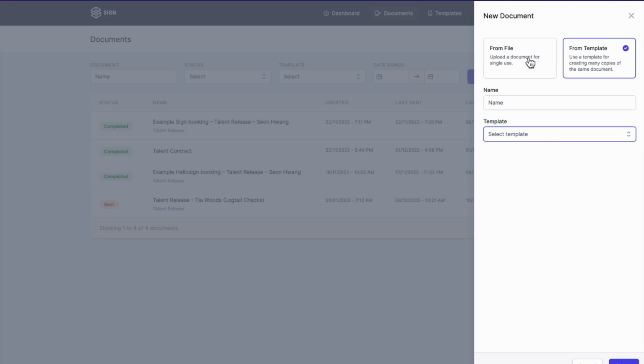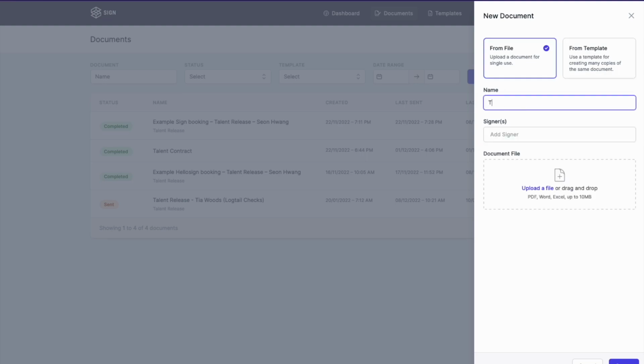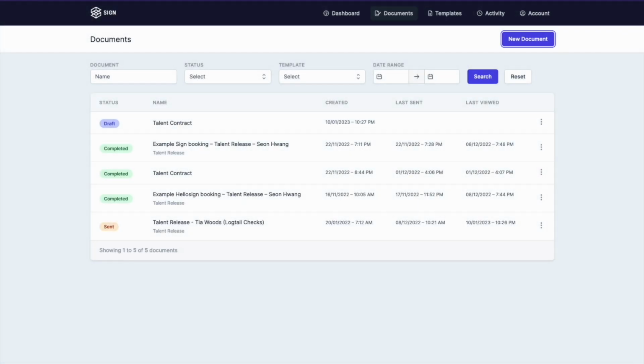Give your document a name, such as Talent Contract, and then add some signers. So in this case, there may be just one signer, and we'll call it Talent. Once that's done, hit Create, and we'll see that our talent contract now appears in the list with a draft status. To the right of the document list is the familiar context menu where we can preview, send, download, or